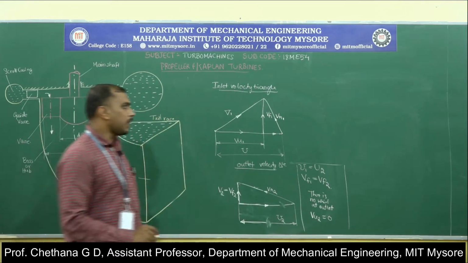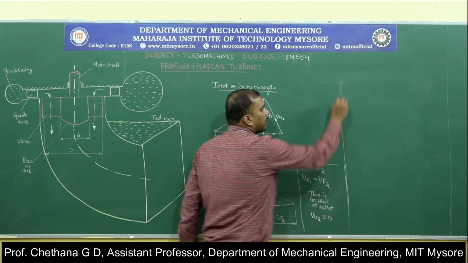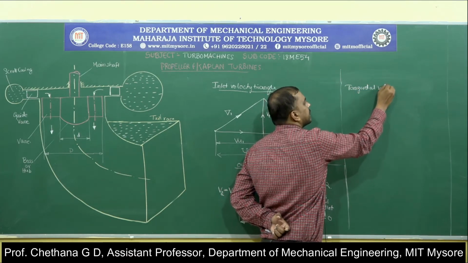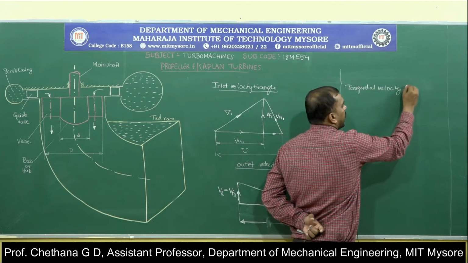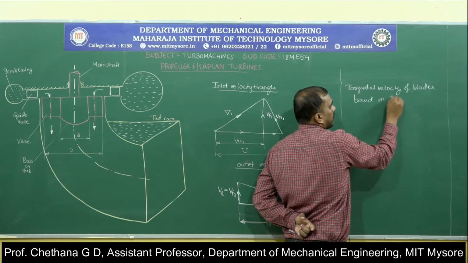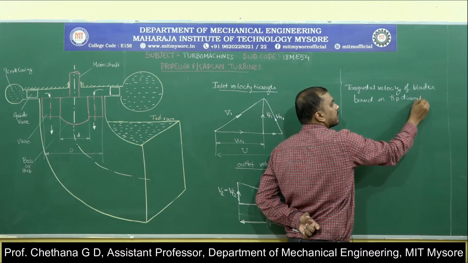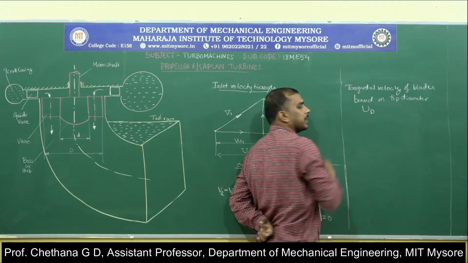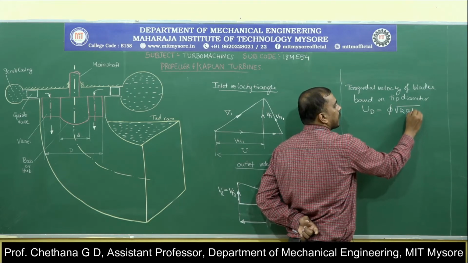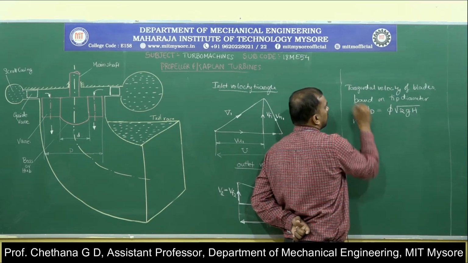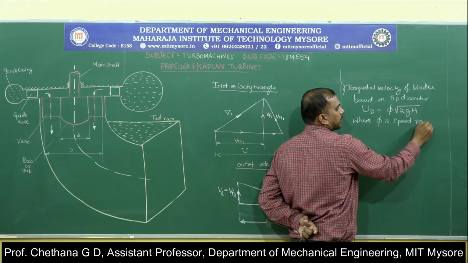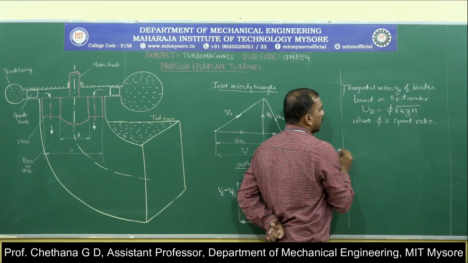and Vf1 is also equal to Vf2 in case of a Kaplan turbine. Now there are quite a few formulas which we need to note down, that is the tangential velocity of blades based on tip diameter, which we denote by UD, where UD is equal to phi square root of 2gh, where phi is the speed ratio,